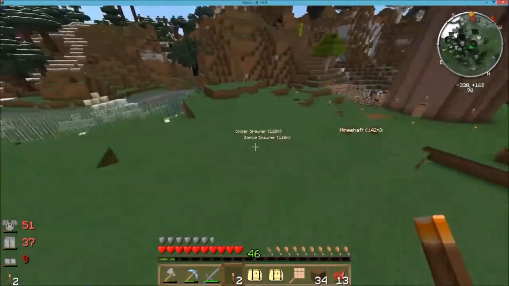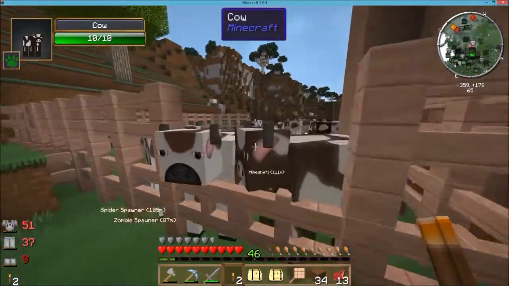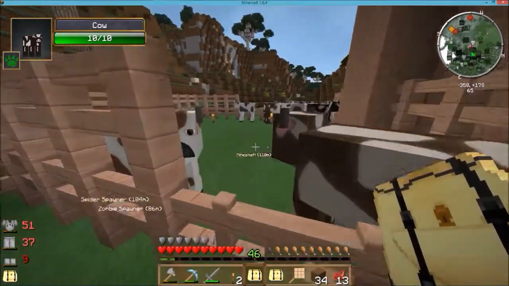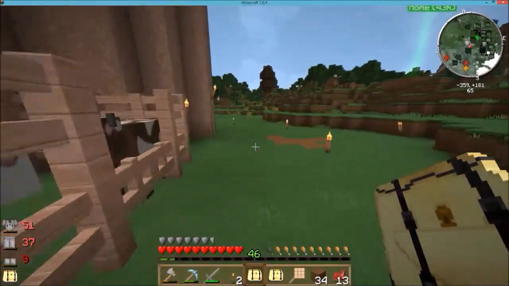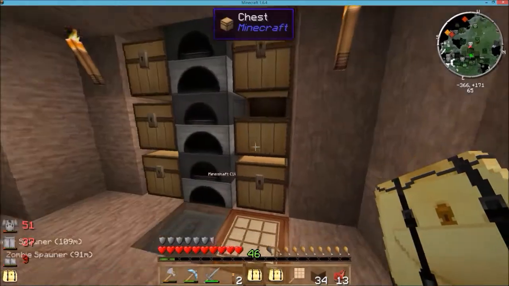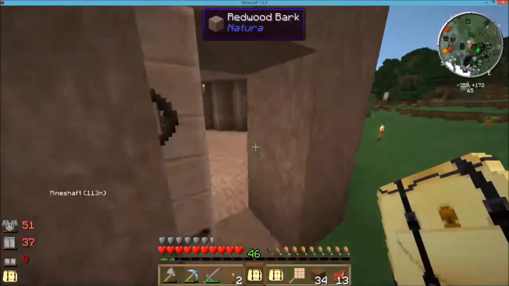I've gotten quite a bit done. Like I said, I got into building this little farm here with our nice friends. I actually put sheep in there originally, but I fixed up this and got a ton of wool, so we didn't really need them anymore. So I replaced them with cows, because we'll be needing a lot of leather for our enchanting table,